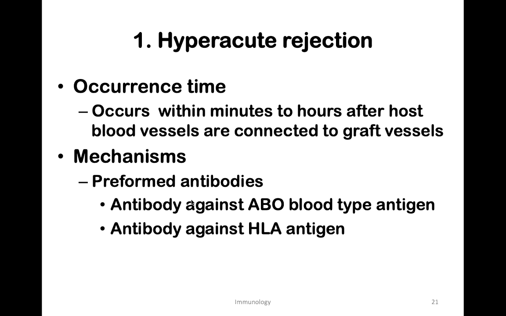It's just the joining. The moment the tissues come in contact by virtue of their blood vessels, the antibodies that are previously present in the host could lead to the rejection of the graft. If you think about where these antibodies arise from, it could be due to previous blood transfusions. Because of blood transfusions, antibodies could also develop to HLA antigens. So these mediate the hyperacute rejection, and the rejection is almost immediate.